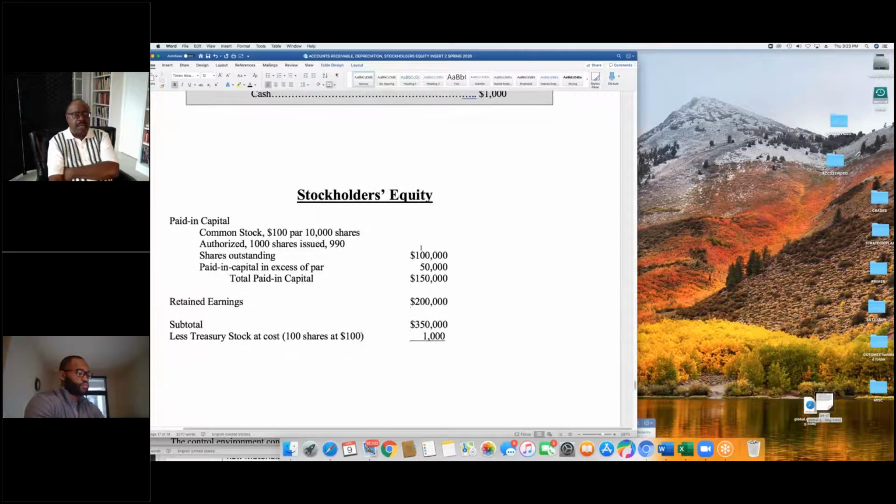So the way stockholder equity looks in companies, you can have more than one type of stock, common or preferred, but it's the common and the shares outstanding. We bought back 10, so only 90 are outstanding, but the outstanding is 100,000. What we paid in excess is 150. Our retained earnings is 200, so the subtotal is 350. And when we buy stock back,